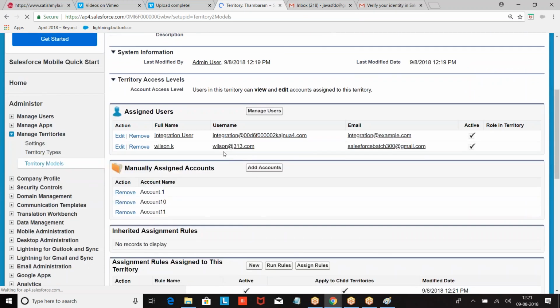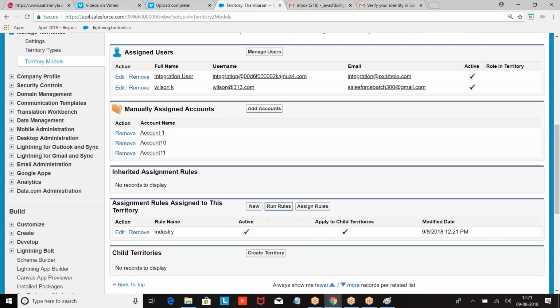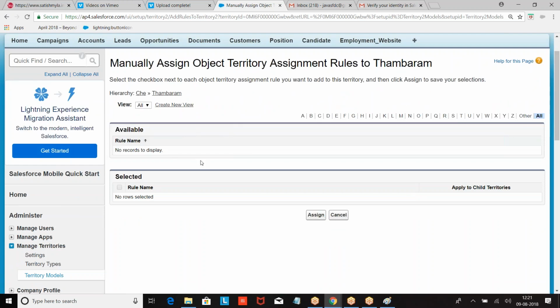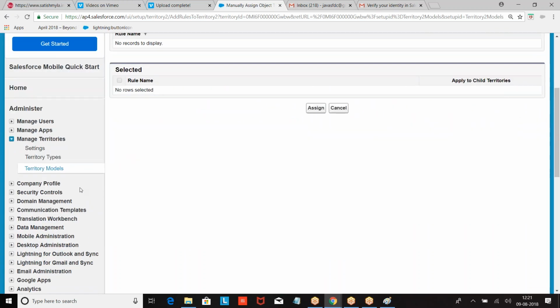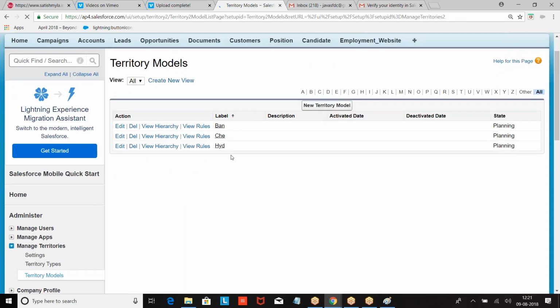I gave a rule: get me all the account records whose industry is education. So automatically we are going to get those records. Right? If any records are pending, they will be shown here. I can add them. Okay. Now territory models. So what was this? I hope you got my point.